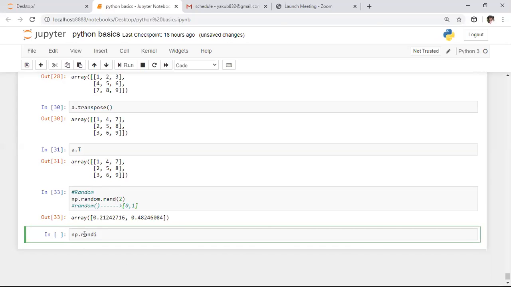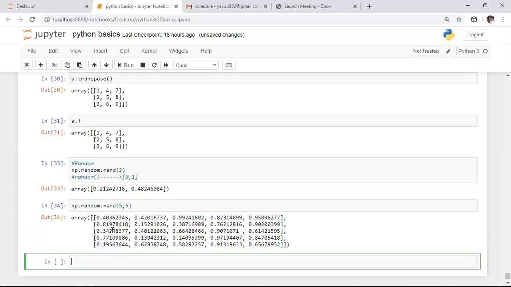So here in the random module, I'm using the rand function. After this, I'm specifying 5 comma 5, because I want to create an array with a 5 cross 5 size. After this, I am running this portion. So here an array will be created with the size of 5 cross 5 and it generates all the random values